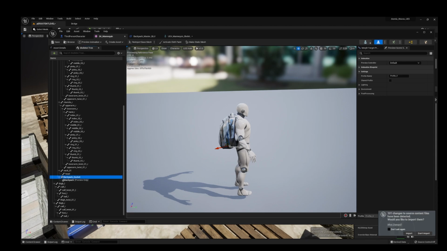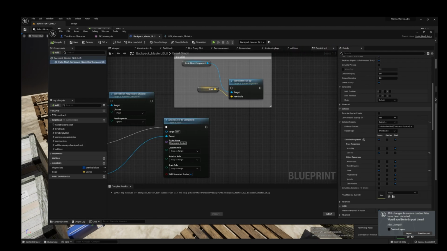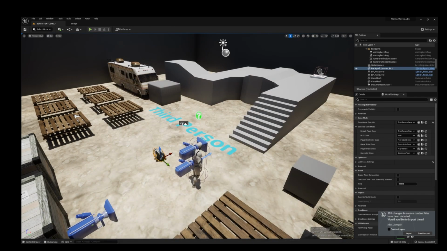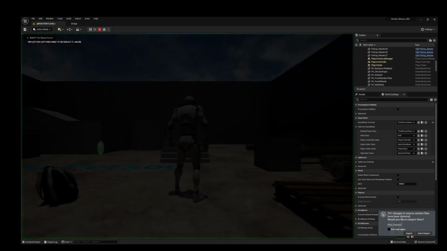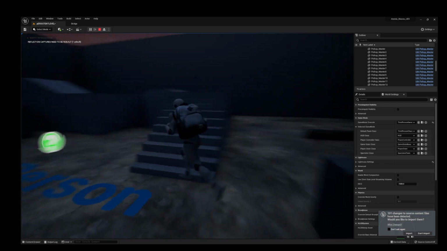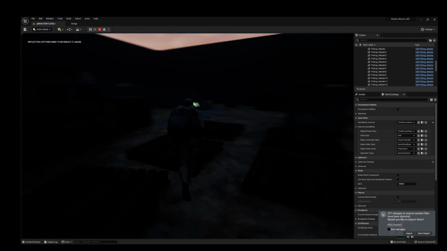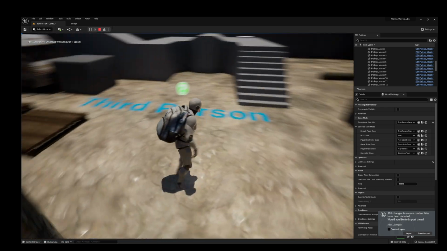Now, just to make sure that this did work out, I fully believe that this 100% worked, but let's go ahead and check it in game. I'm just going to save on all ends here just to make sure that everything went well. Minimize this for a bit. Let's go ahead and hit play. All right, let's go ahead and grab our backpack. There it is. Perfect. As you can see, the backpack has shown up on our player's back like it should. Awesome, guys.